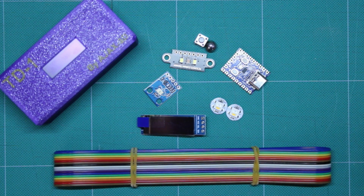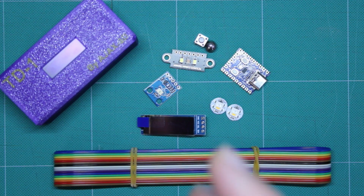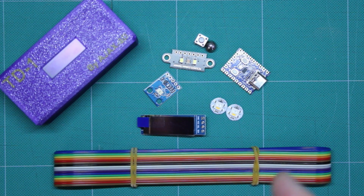So you can see there's a couple of things that set this apart from the TD-3. The obvious being the screen and the microcontroller being an RP2040 rather than an ESP32. And unlike the TD-3, the TD-1 has a working RGB sensor to give us that color code, and the integration with HueForge, which works really well,